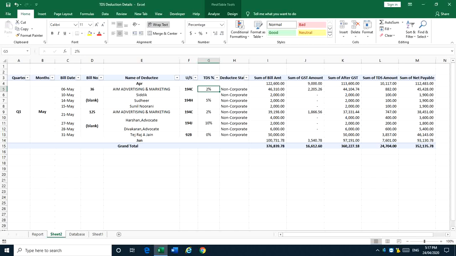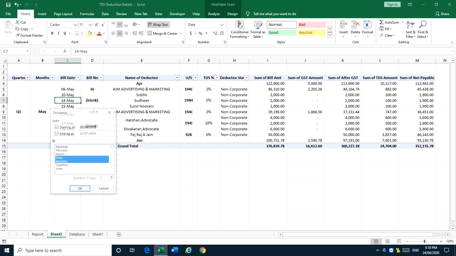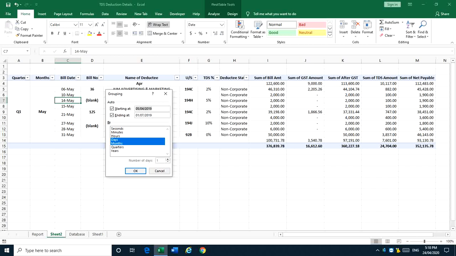For including the year or day or month, right click on bill date, click on group. Now it is showing how we can group it: days, months, and click on years.